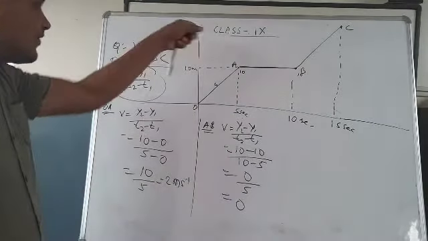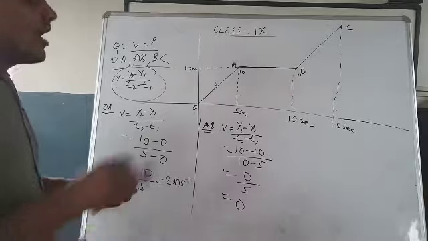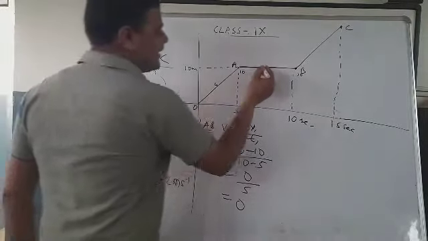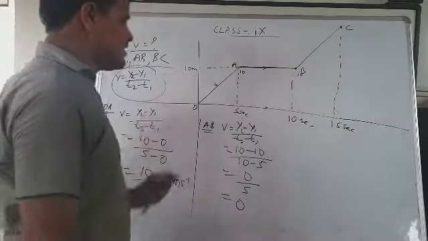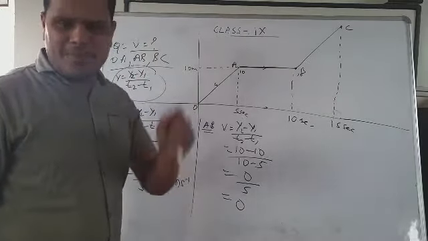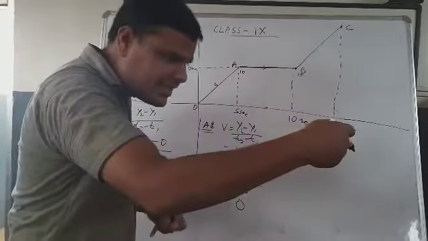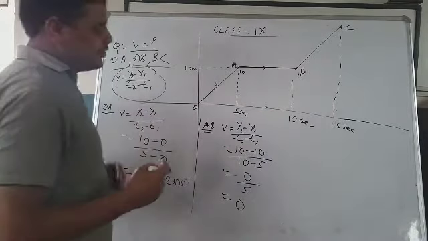And remember in the last figure, already I have told you that when we are getting a line parallel to the x-axis, that means the body is not having any change in velocity. It is the uniform velocity case. It is not increasing the velocity, neither is it decreasing the velocity.